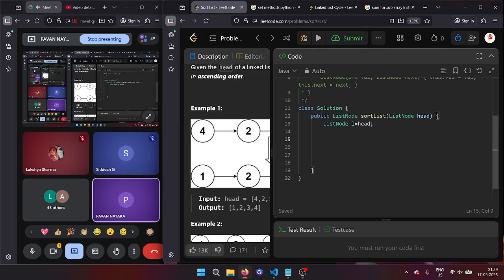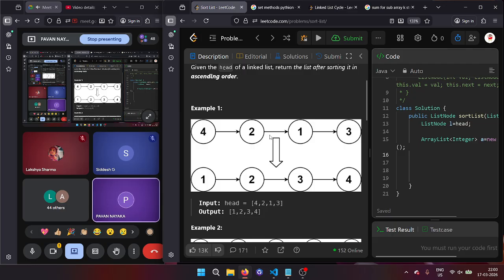Is it clear, guys? I will create a list node called head. Is it clear, guys? Now, how do I sort it? I am not crazy about linked lists. What I will do is create a new array list. ArrayList of Integer a is equal to new ArrayList. Is it clear, guys? What I will do is store each element, 4, 2, 4, 2, 1,